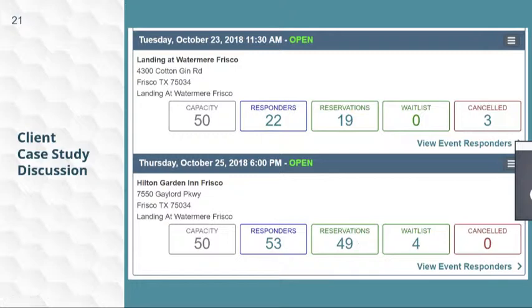Then on the other side, you've got 49 reservations. So this is going to be more of your adult children. In some cases, the seniors coming with them because, of course, they want to come together, but the adult child wasn't able to come to the lunchtime. And then there's also that psychological barrier with the adult child of coming on site. And so you can see that there were many more adult children and seniors that were going to 6 o'clock